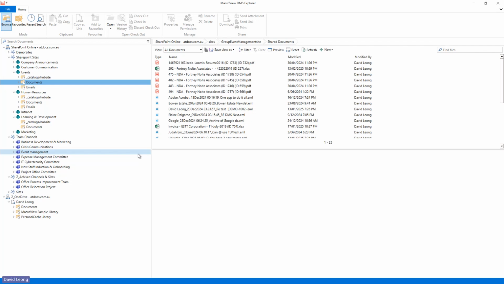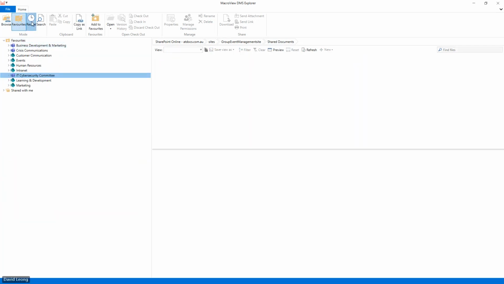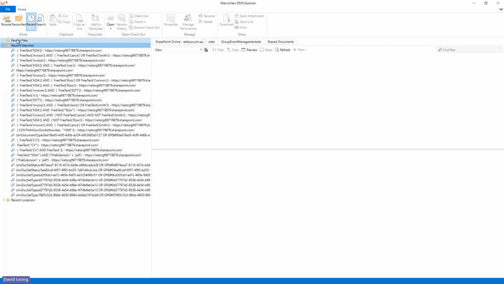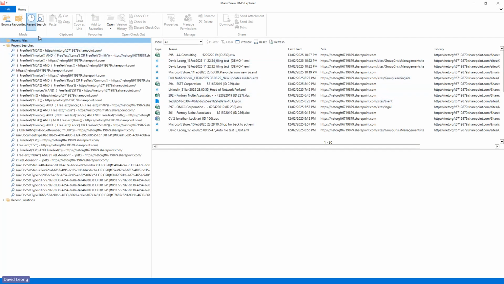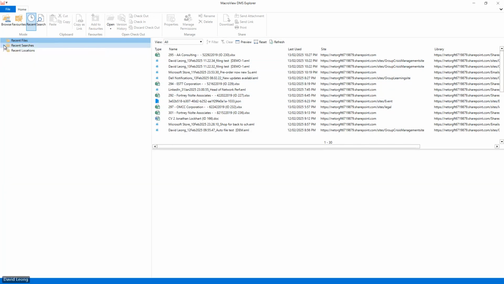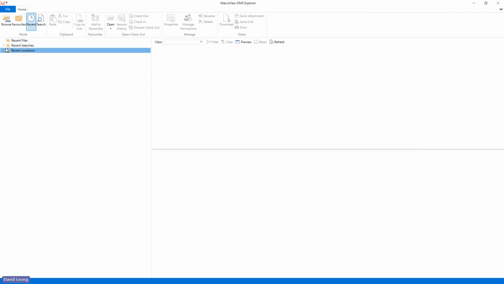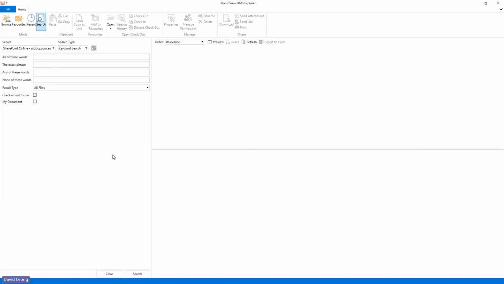This gives you the best of both worlds, because as I mentioned, we have the favorites, recent activity, recent files that you've accessed, recent locations you've been to, but then you've got the whole search bar. So you can just do keyword searches directly from here.